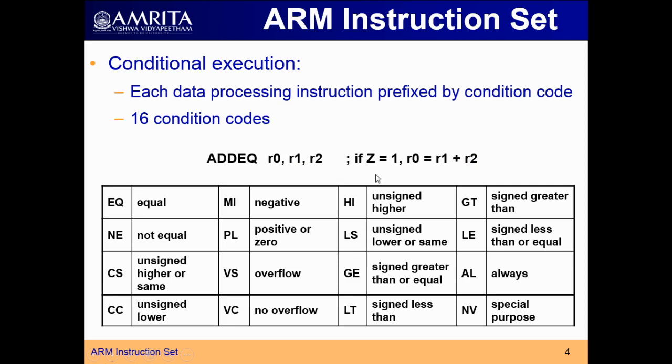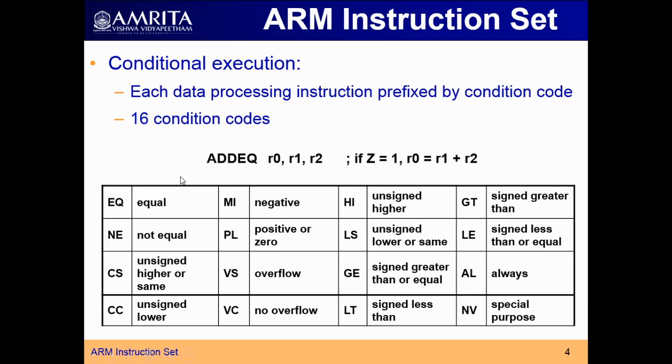So when will the zero flag be set? When the result of an arithmetic or logical operation generates a 0. Or basically, when two numbers are equal while you are using a compare instruction or any other instruction, you can identify that with the help of the zero flag. So while comparing, when two numbers are equal, the zero flag will be set. So add EQ means only when the two numbers are equal, the addition will be performed. So based on this condition only, your operation will be done.